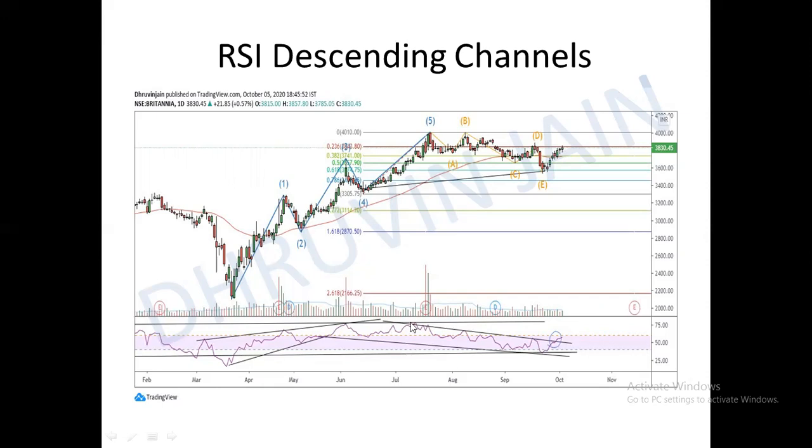So in this too, we can see that RSI is making a descending channel, and RSI is making an ascending channel here too. But look at these lines, guys. These are the examples of channel 2. That's why in this two, from this pivot point, from this particular channel 2, RSI took a great support from here too.